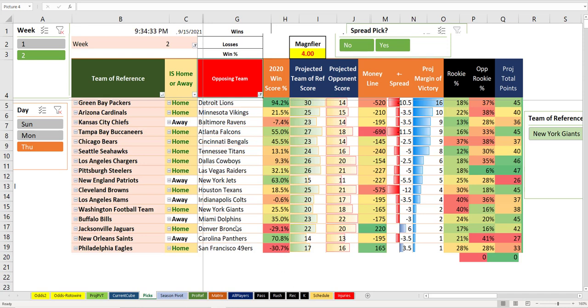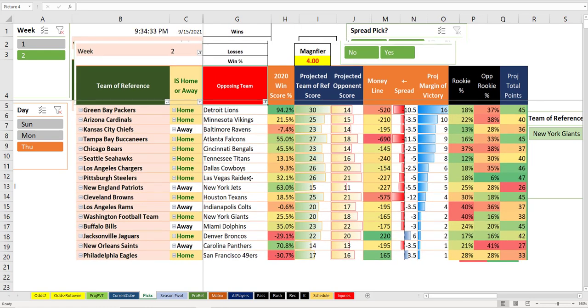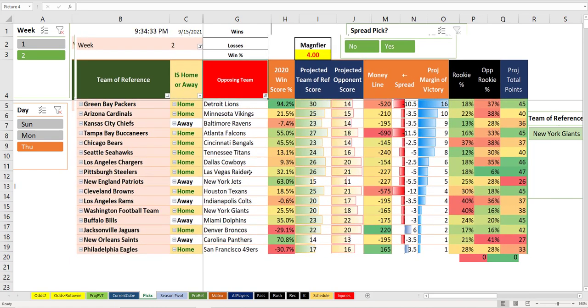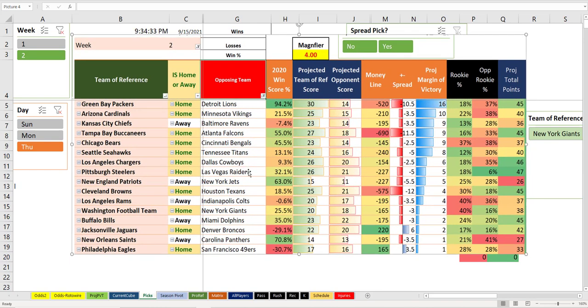It's a sports betting model that I have built in Microsoft Excel, and it's the best thing since sliced bread. It beats the odds makers routinely. The odds makers actually use it. I send this file out to people in Las Vegas who use this to make the lines because it's awesome. So let's talk about it. We're going to talk about the Thursday game.